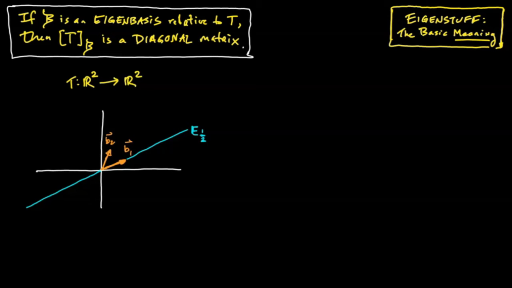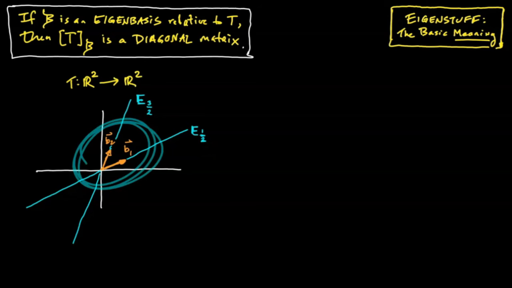And as we discussed in our previous example, that will be the same situation for every vector on this line containing the eigenvector. And in fact, this line must be the entirety of the eigenspace capital E sub 3/2, because if there was some other vector in R2 that was also scaled by 3/2, then everything in the span of that vector and B2 would be scaled by 3/2, thanks to the linearity of T. But everything in the span of those two vectors is every vector in the plane. And we know that's not the case, because here's a vector in the plane that gets scaled by 1/2, not 3/2.